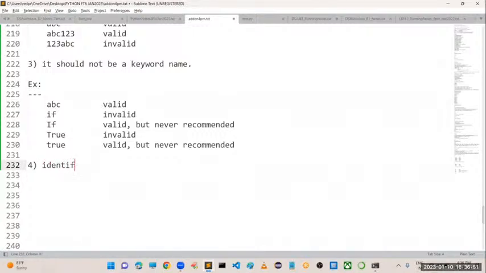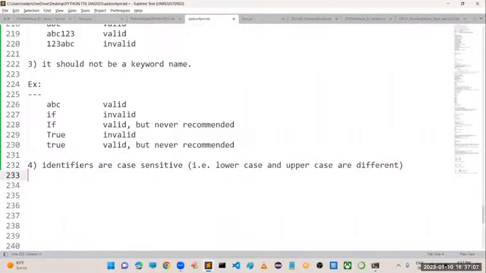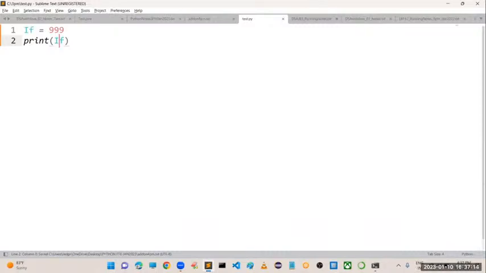Next one, identifiers are case sensitive. That is, lowercase letters and uppercase letters are different. Example, consider I have a variable with the name abc.